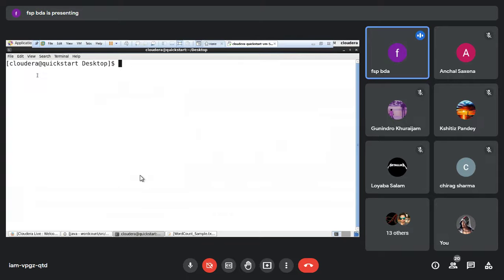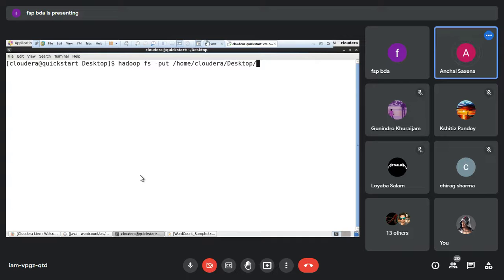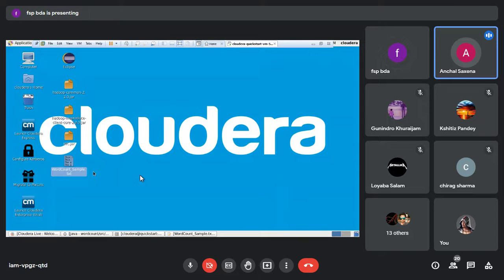So, okay, let's first put this file, the word sample which we have just added onto our desktop, onto the Hadoop. So what is the command to put the file onto HDFS? -put. Yes. Anyone remember? See, I am writing as well. Desktop, then space, like the jar, and then HDFS :/